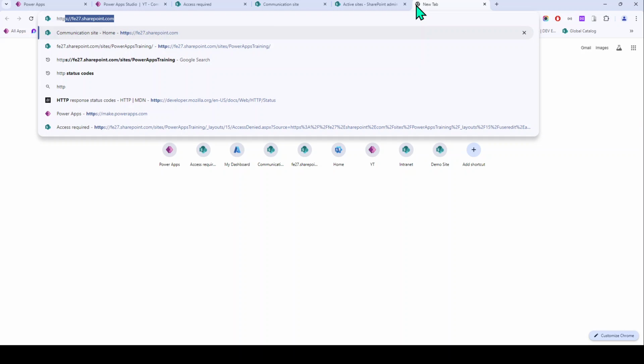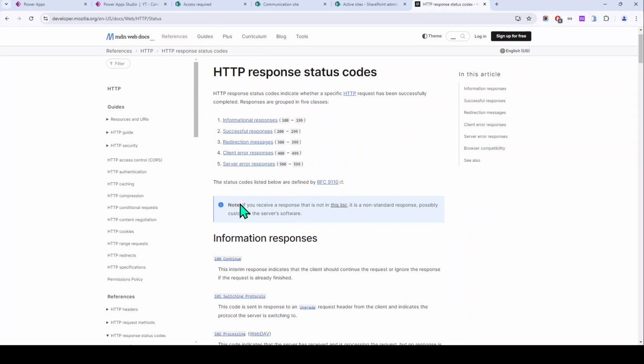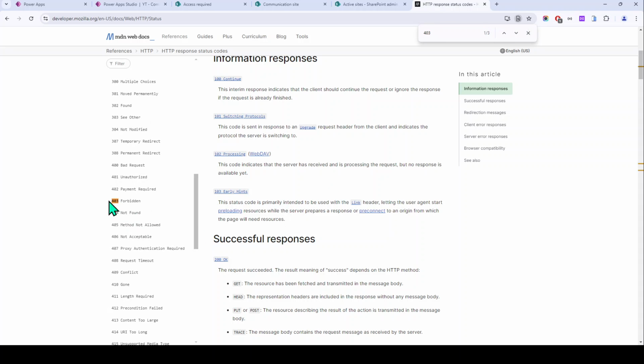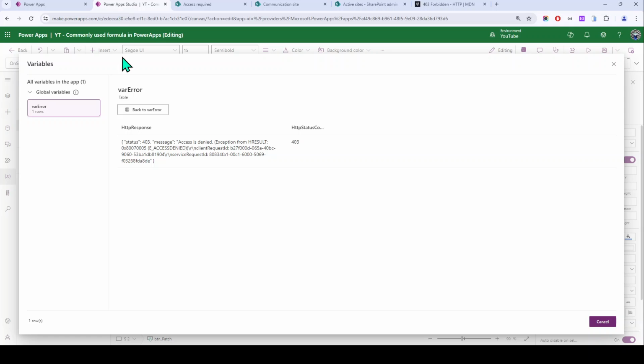So let me check here. This is the MDN documentation. This is really good and clearly mentioned. So let me search for 403. So here it is, forbidden. The HTTP 403 forbidden status indicates that the server understood the request but refused to process it. So it is saying forbidden, right? So we don't have the proper access to create those records in our SharePoint. That's why it's giving us a 403 error. And this is saying access is denied. And this is the code. Now we got the total error,